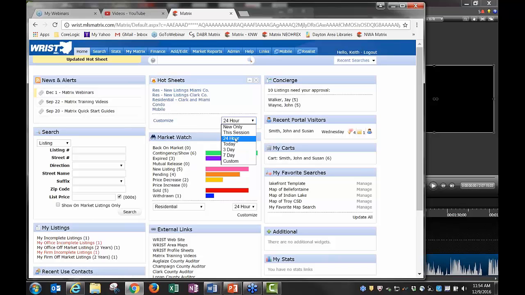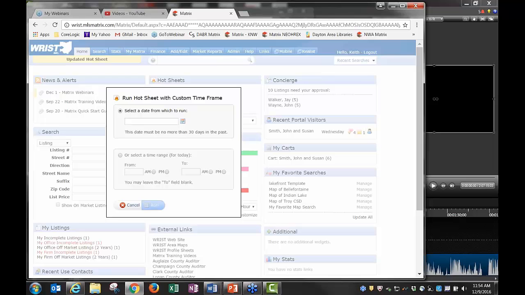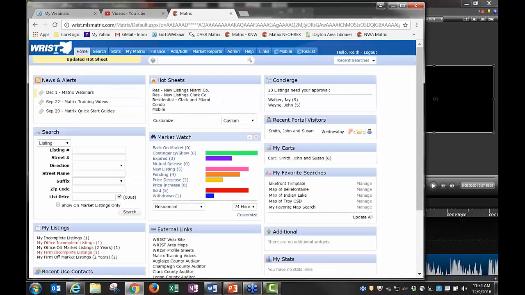Now if I go up here, I can say today, 24 hours, 3 days, 7 days. If I pick custom and then I click on one, it gives me my date range to run it. So I can go back up to 30 days to do this. Or I could pick this and do a time range for today only though, between 2 o'clock and 3 o'clock today. Okay. But I'm just going to say